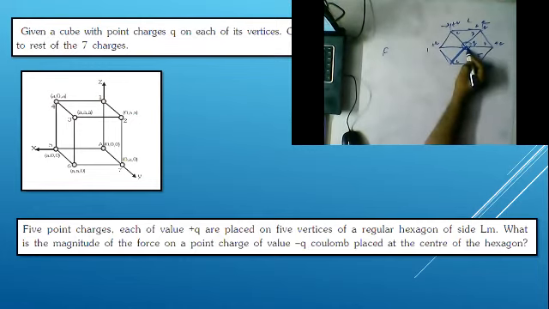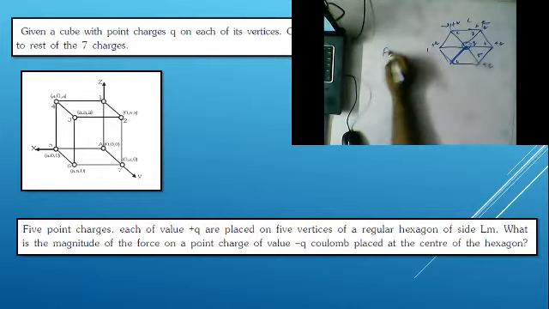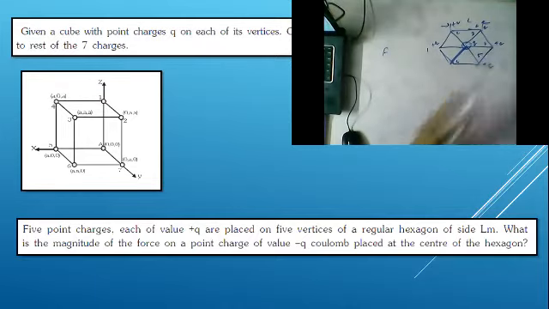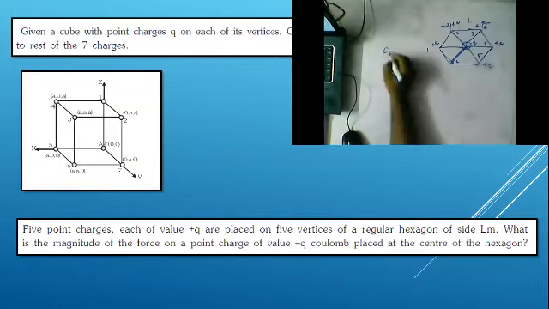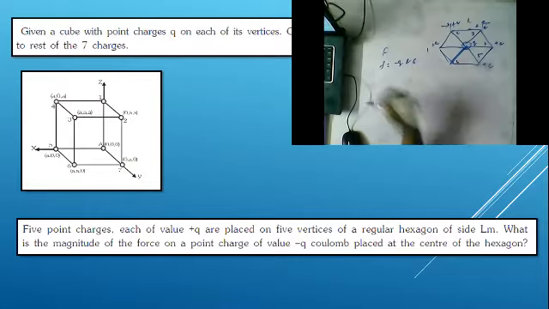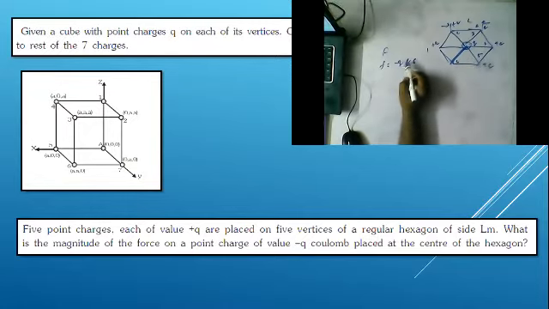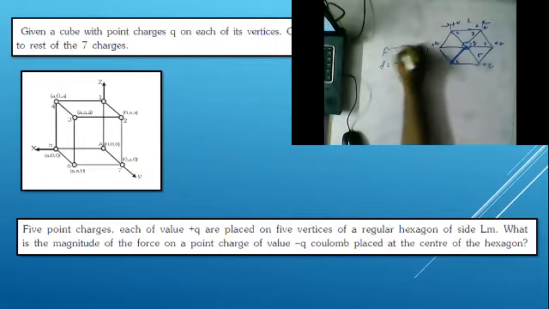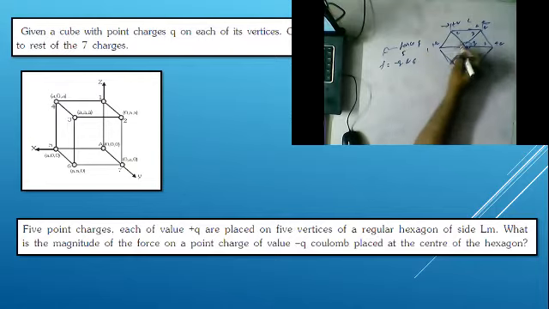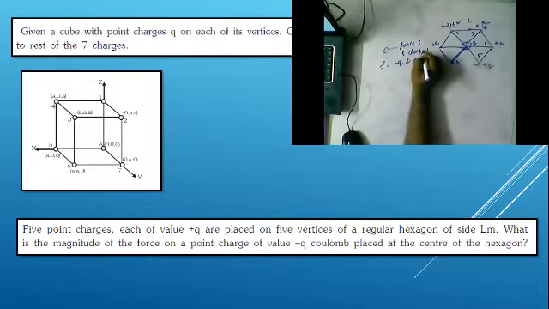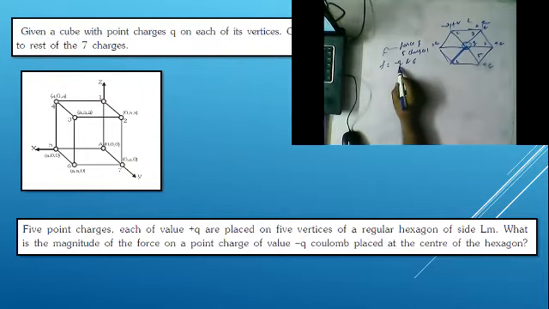Let the force at this point be capital F. Okay, so which represents the 5 charges, so F. Now small f is the force between minus q and the 6th vertex. Let capital F be the force of 5 charges, and small f is the force between minus q and the 6th vertex. So in order to be in equilibrium,